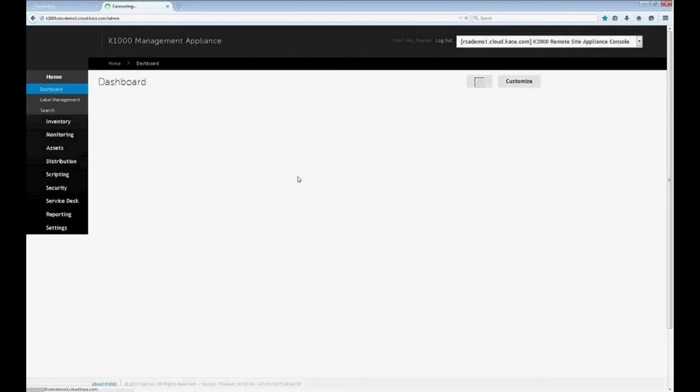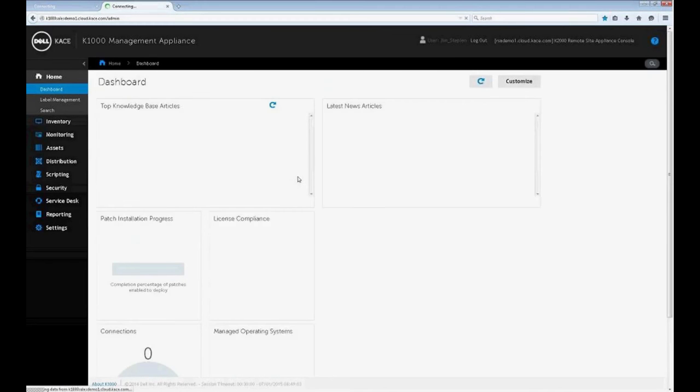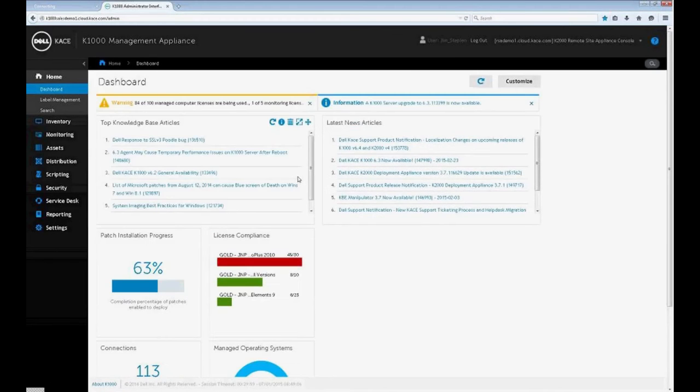So we log in, and we basically get to what we call our dashboard or our home page. This is just a simple overview of what's going on in the environment today, our knowledge-based articles, our news articles, not only with KACE, but what's going on in the industry. But again, with any bugs that might be out there, any best practices, you're able to see some information here. This is a very customizable page as well. You can see I can click out of these and close these down